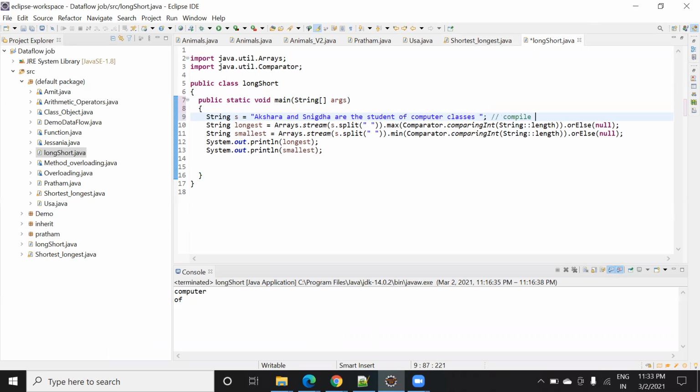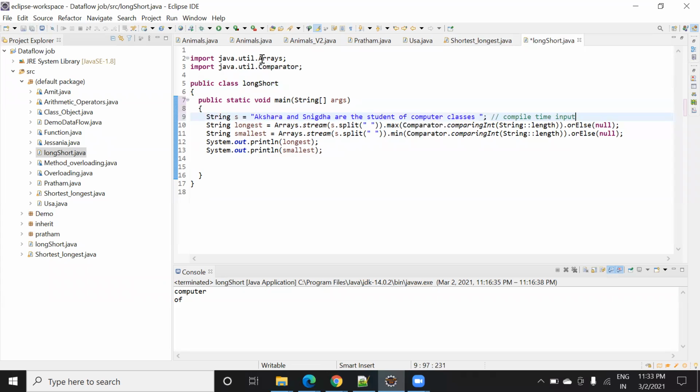This program is just to give an idea of how you can find the longest and the smallest string. This is a compile time input, and here I have taken two variables, longest and smallest, which are of string type.